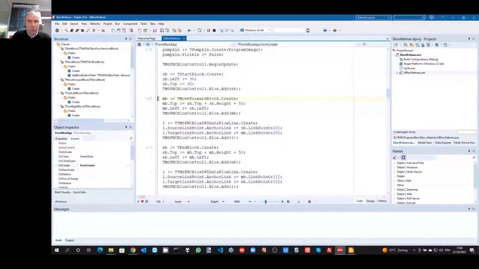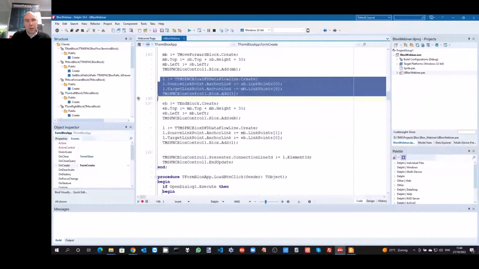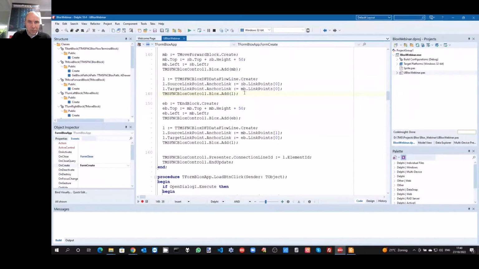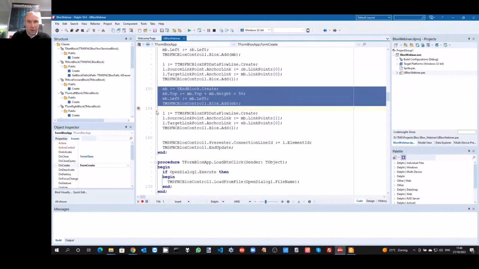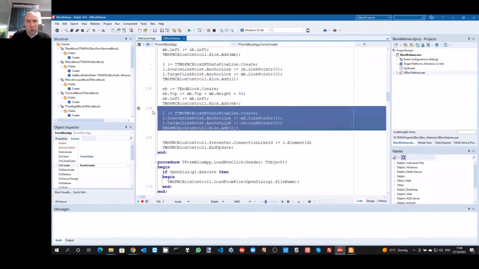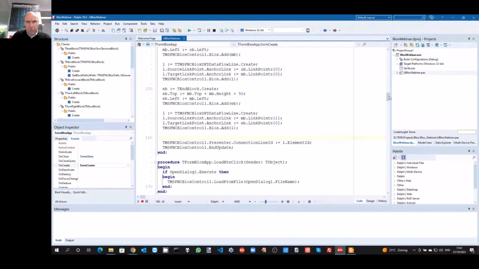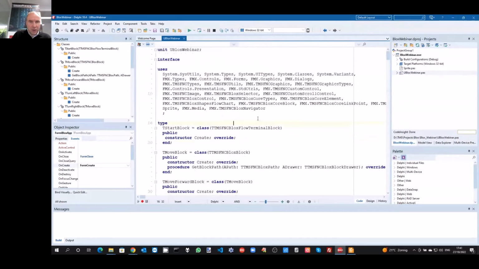Another custom block is the move forward block, and then we have a custom line control that we add and link up on one side to the start block, SB, and here to the move forward block, the MB. Then we add another block, so 3 blocks in total, and also link the move forward block together with the end block. Also, what I wanted to point at is the registration of the custom blocks.